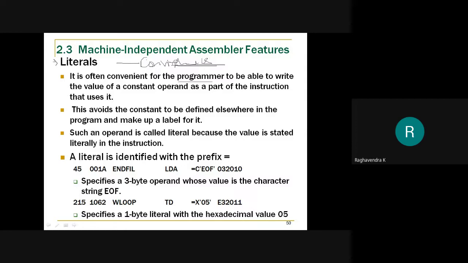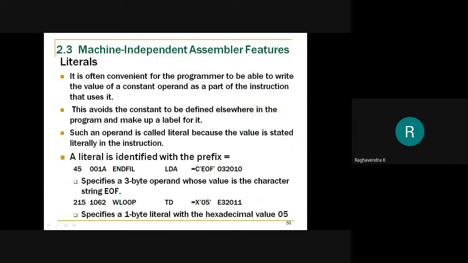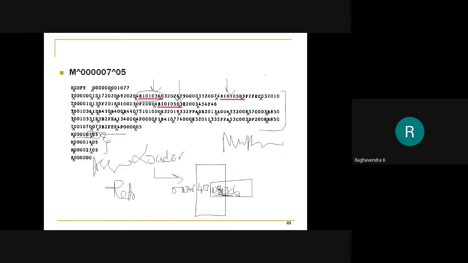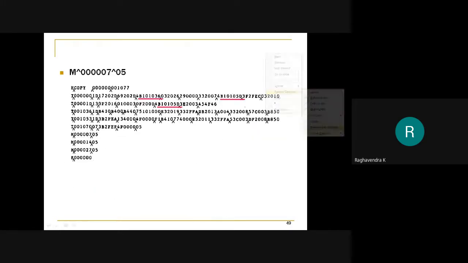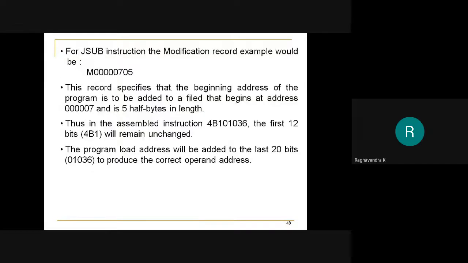So what do you mean by this convenience? Convenience means that even if these features are not there, if you don't make use of these features, you can still write programs that will execute. For example, all the programs that we have considered previously can be modified by taking advantage of these machine independent features. But if you do not make any modifications, even then those programs are going to execute.